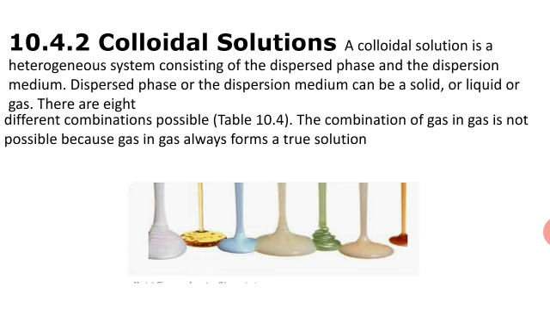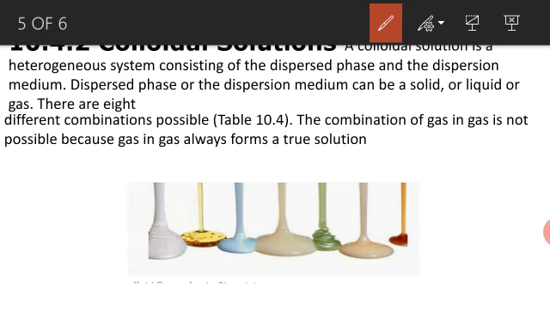Next, colloidal solution. A colloidal solution is a heterogeneous system consisting of dispersed phase and dispersion medium. What is meant by dispersed phase and dispersion medium? The dispersed phase is the phase that is scattered or present in the form of colloidal particles. Dispersion medium is the medium in which the colloidal particles are dispersed. Dispersed phase or dispersion medium can be solid, gas